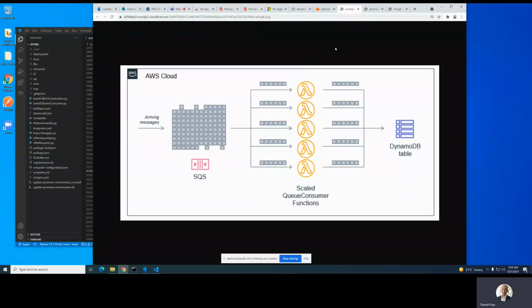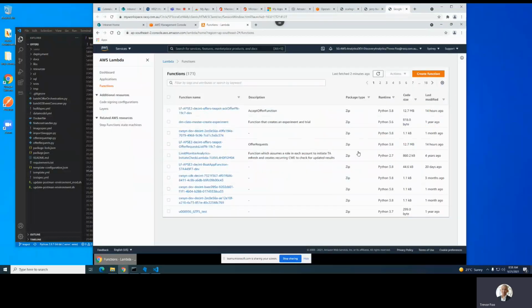All right, so we've got all the messages in the queue, a whole bunch of Lambda functions processing batches, and a DynamoDB table. Okay, so the initial thought on how to address this was